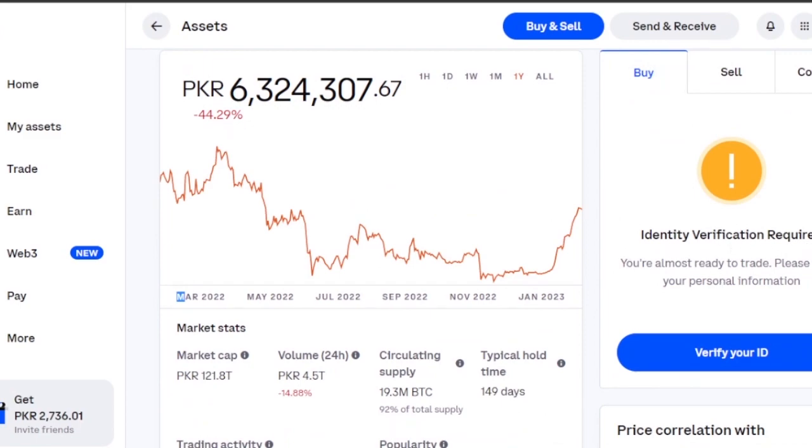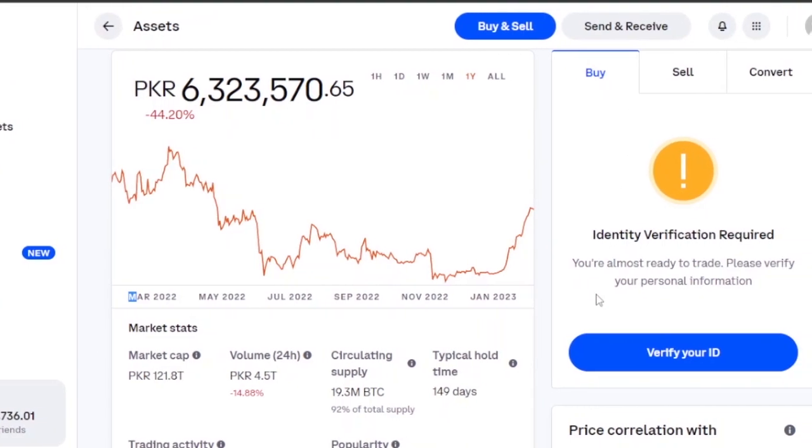Identity verification is required. I don't have it. I haven't put in my credit card details right now onto this app. Once you are done, your identity will be completely verified, and when you click on this buy, you are going to see options right here. You can add in the amount you want to. For example, I want to invest 10,000